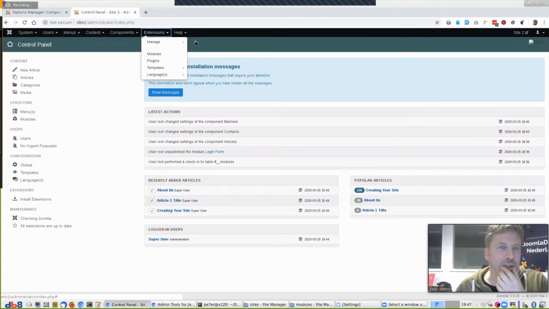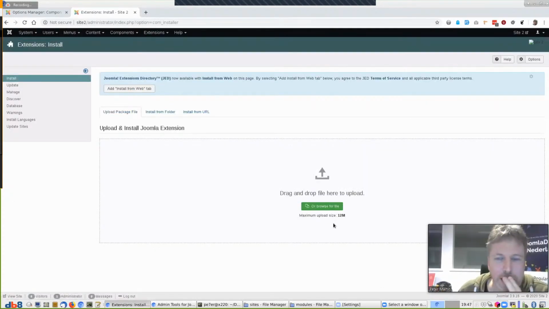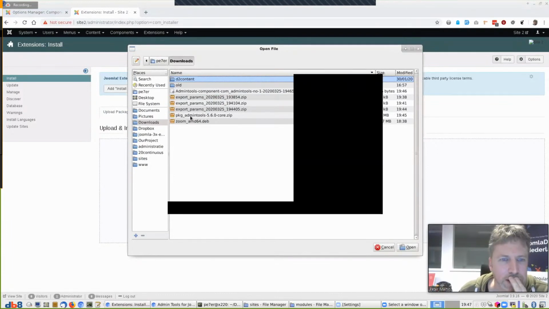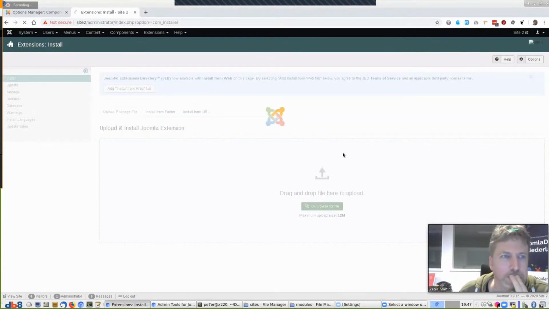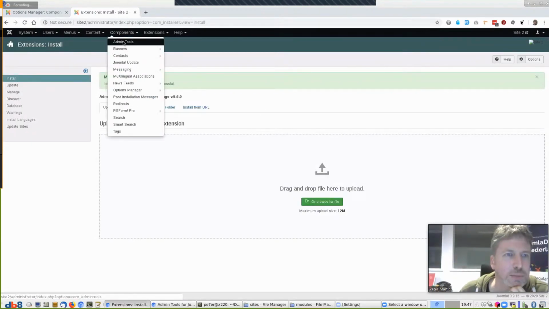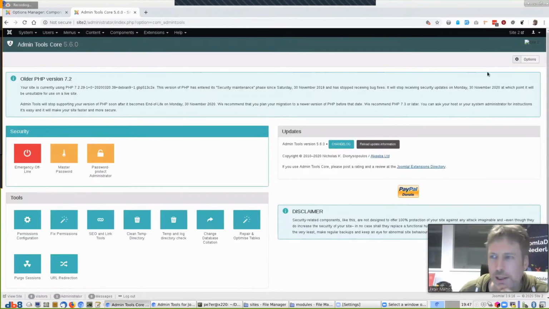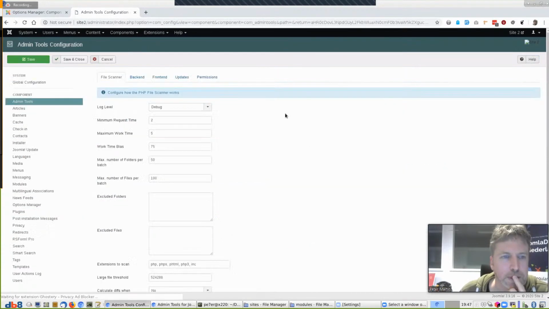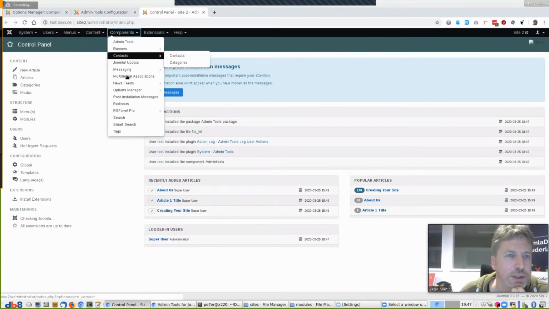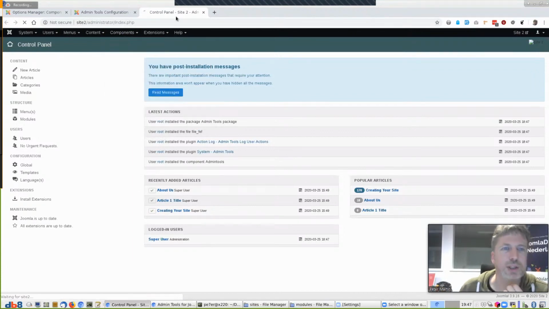let's install Akeeba Backup. Akeeba Admin Tools also here. Admin Tools, open. If I go to Component Admin Tools and I go to Options, you can see it's 2 and 5 and no excluded folders and files. I will open a new tab and go to Component Options Manager